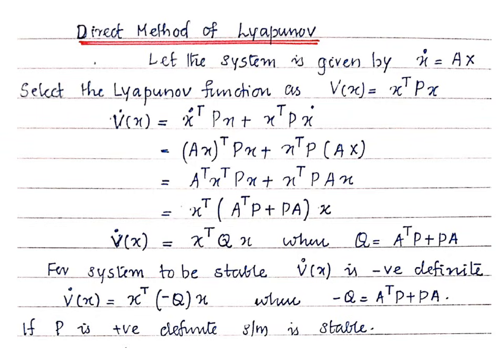So that's the condition for the Lyapunov stability theorem, that is, we already know that V of x is positive definite and V dot x is negative definite. For Q is equal to A transpose P plus PA, then minus Q is equal to A transpose P plus PA, and minus Q we are putting as the identity matrix, that is minus 1 0 0 minus 1. So for getting minus Q as positive definite, P will be a positive definite matrix. So for solving by this Lyapunov method, we have to prove that the matrix P is a positive definite matrix.